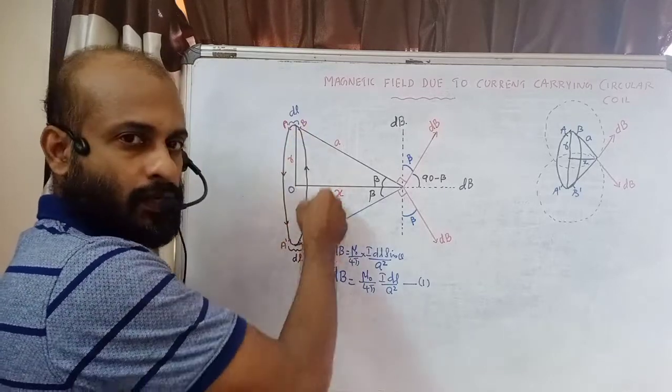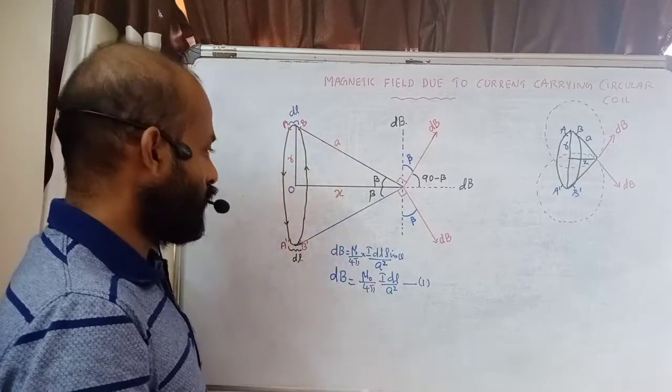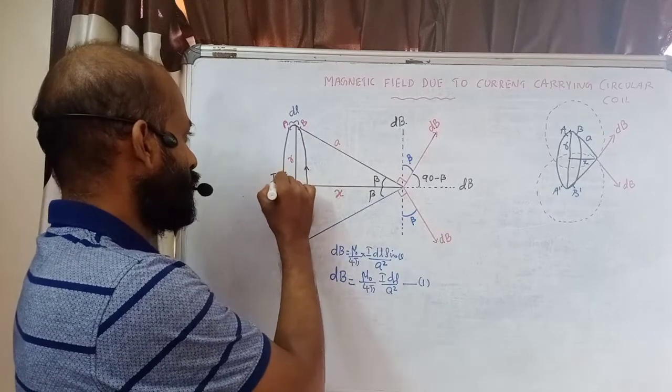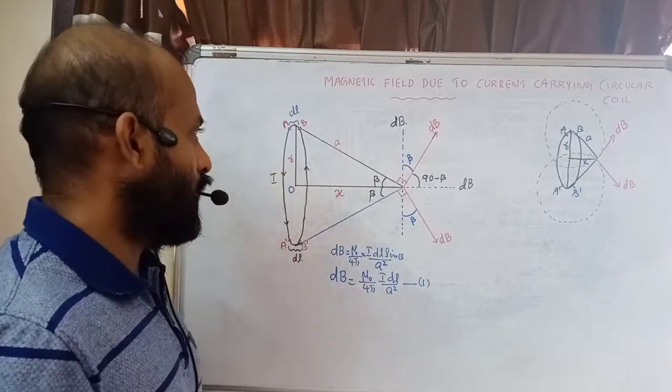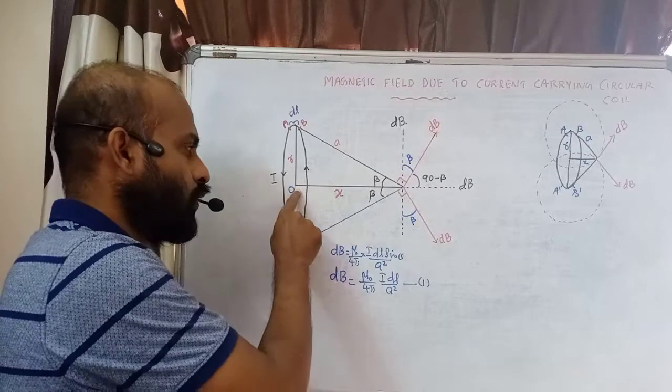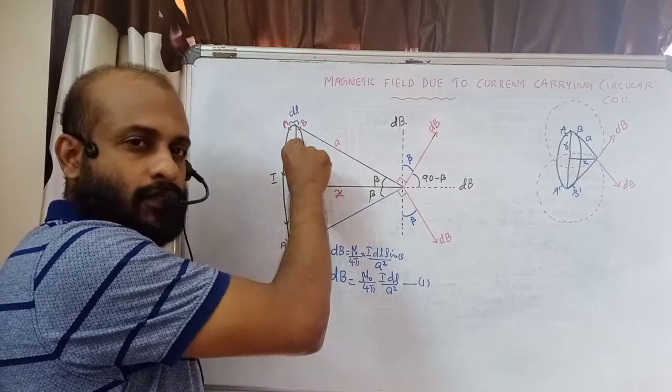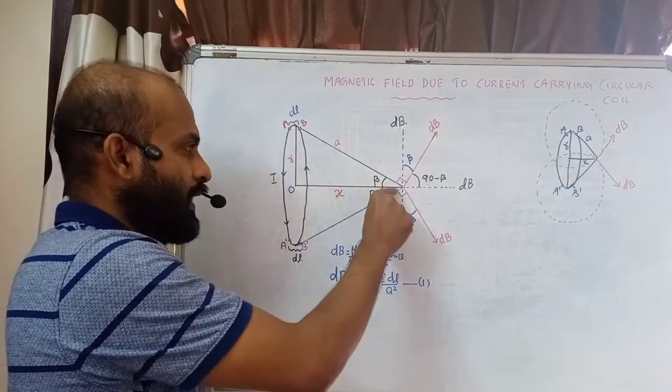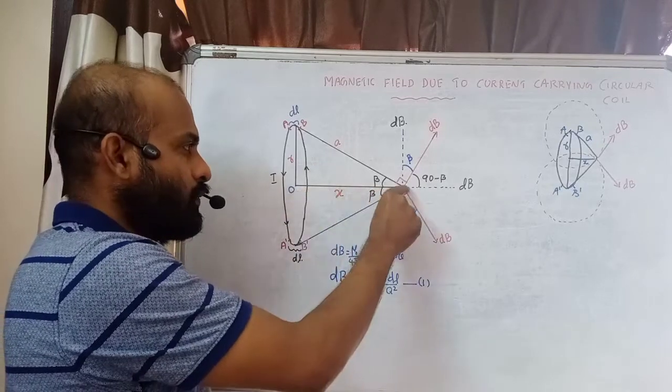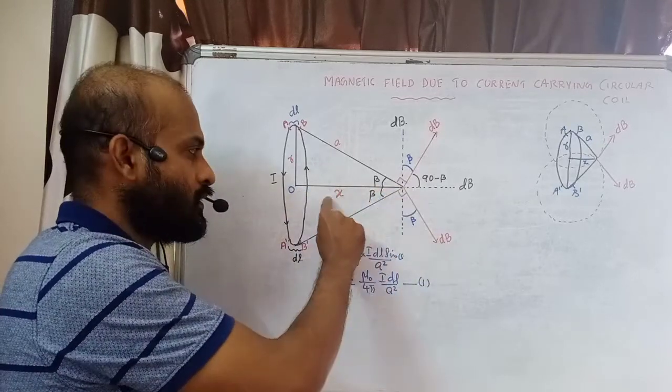So this is the direction of current through the coil. Current flows like this, in this direction. Let I be the current flowing through the coil. I is the current. So we have the center of the coil O, R be the radius. Now this distance is x, from the center of the coil to a particular point on the axis, distance is x.